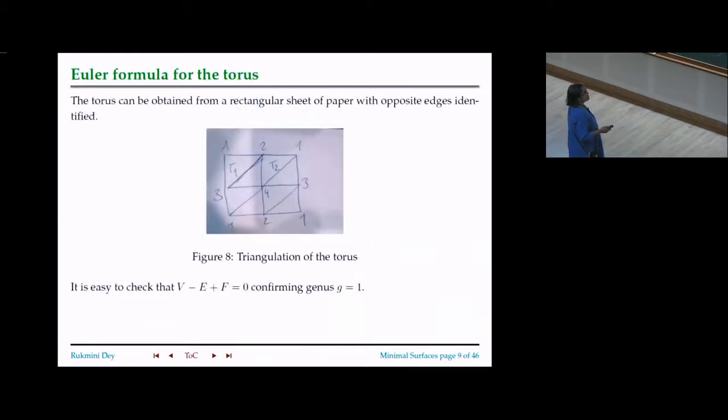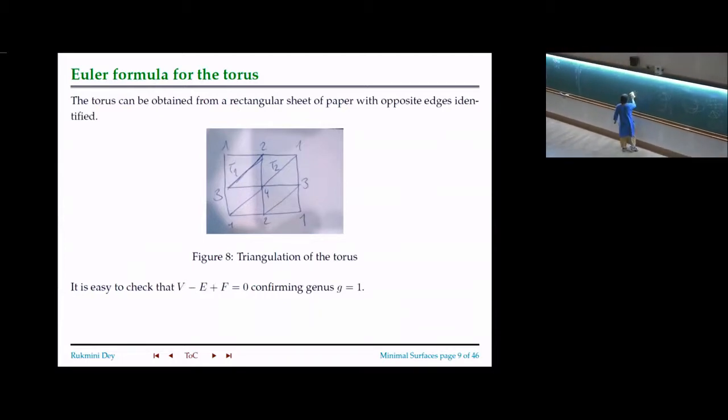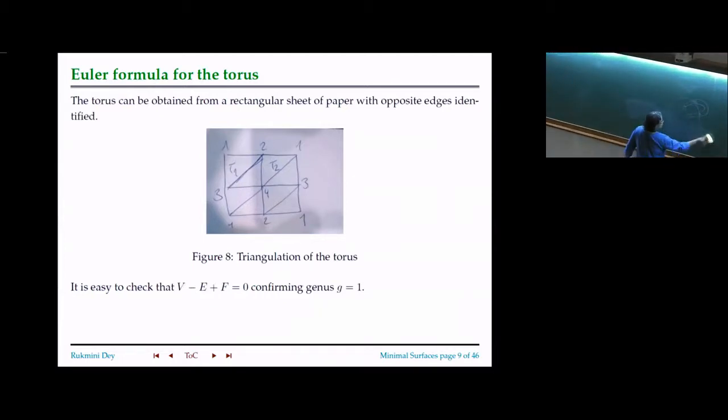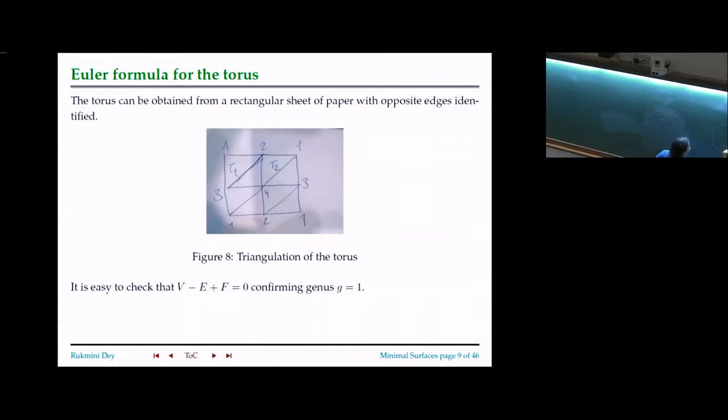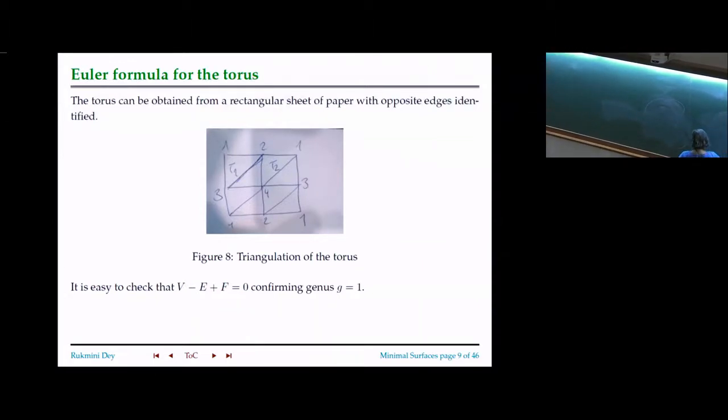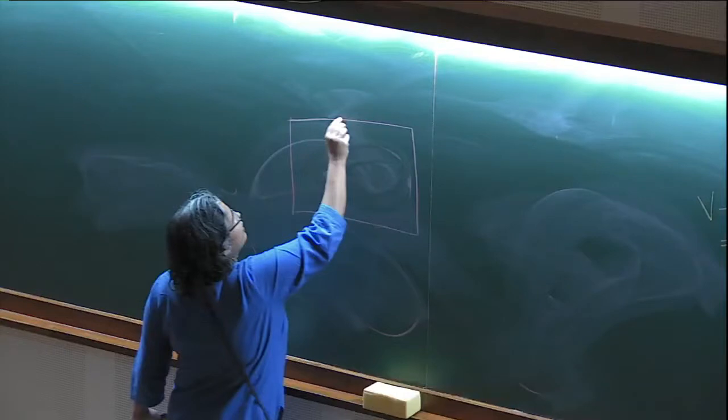And what about the torus? Let's count the torus. So for counting, let's show the Euler's formula for the torus. For that, we need to show how a torus is formed from a square. So supposing you have a square or a rectangle, okay,